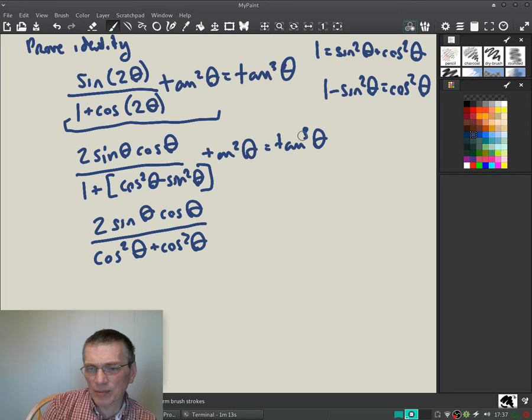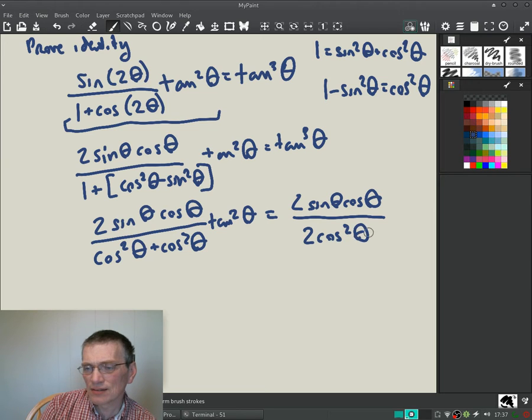I'll write the rest: tangent squared theta equals, we can add the bottom together, we get 2 sine theta cosine theta over 2 cosine. Maybe I'm putting too many steps in here, because maybe you're way ahead of me. So nicely the 2's cancel out, one of the cosines cancels out, and we're left with, if we write the rest,